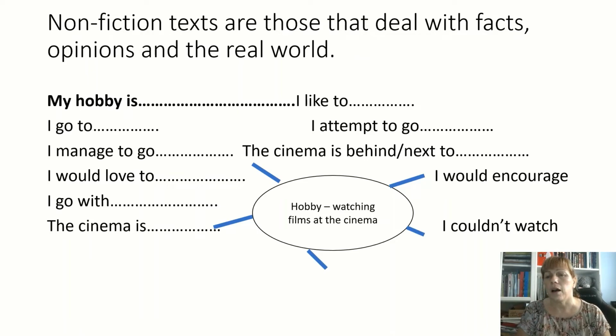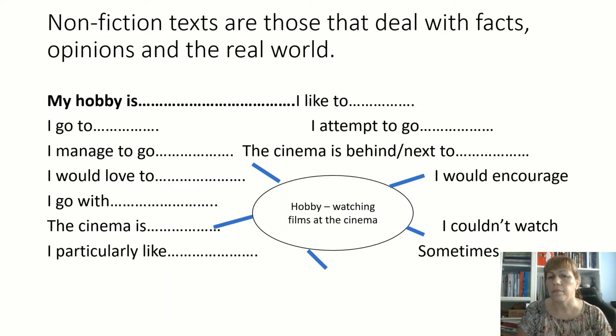So you might say, I couldn't watch horror movies at the cinema, but I could watch them at home. I particularly like... And then once you've thought about those ideas, you want to look at your adverb of frequency. Put that word into your writing to say what you do sometimes, but not all the time. And if you're talking about a hobby, going to the cinema, you might say that sometimes I buy popcorn and